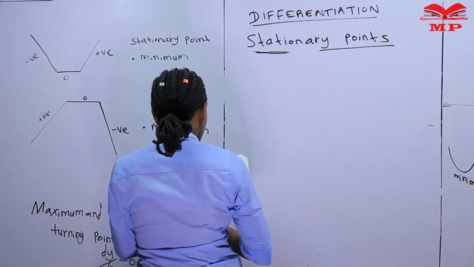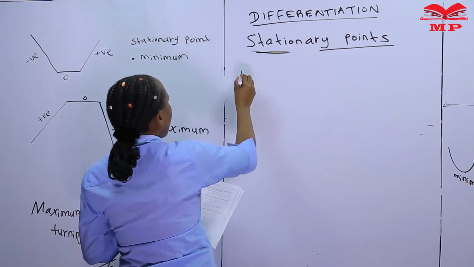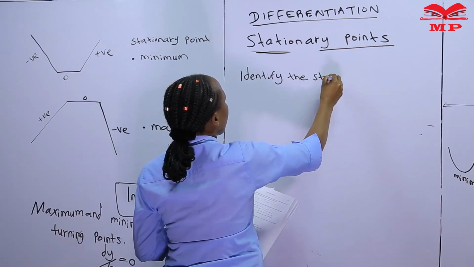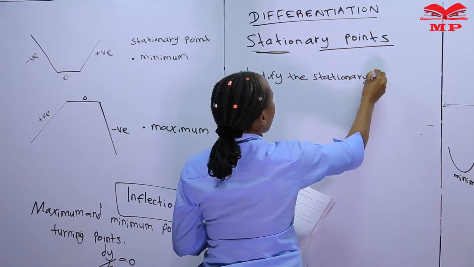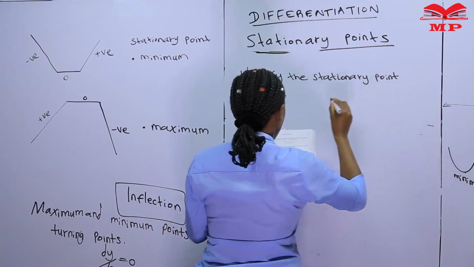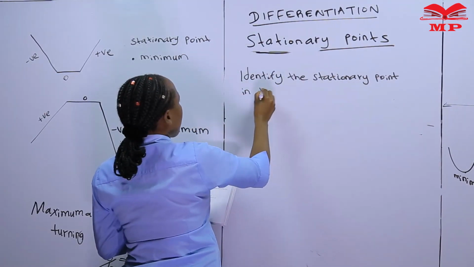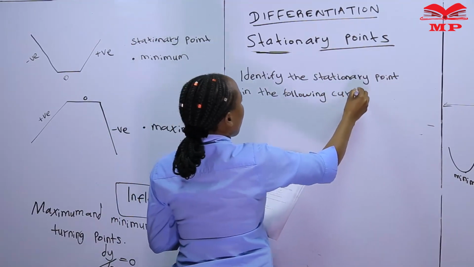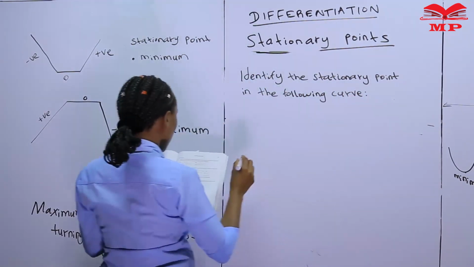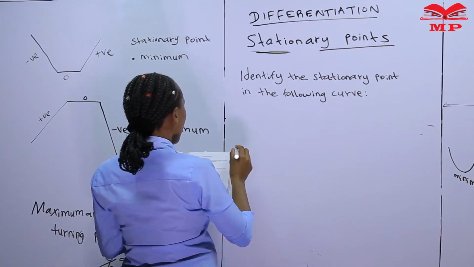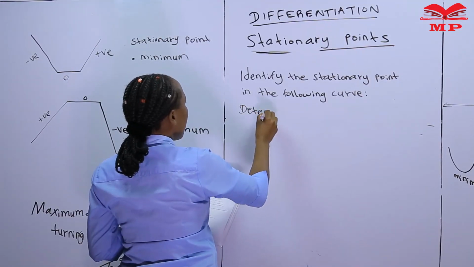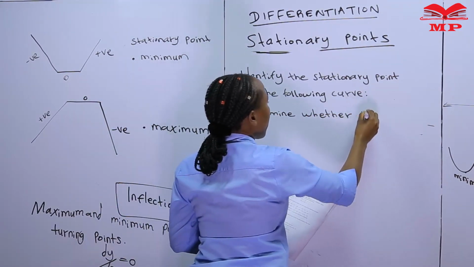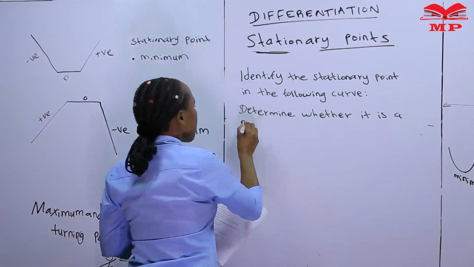So I want you to identify the stationary point in the following curve. Just follow the steps that we have followed, and then determine whether it is a maximum